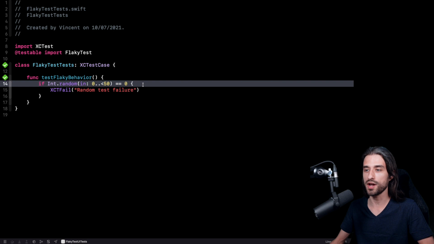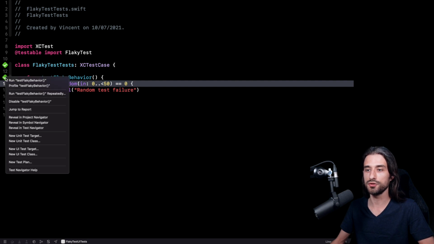And this is where the new Xcode tool comes into play, because as you can imagine, if the only tool I have at my disposal is just to run the test, well, if I want to reproduce an instance where the test failed, maybe I will have to run the test several times, and it's just not going to be something that's manageable. But we now have a new tool. So we can right click on the test, and as you can see, there is a new line called run the test repeatedly. So I'm going to click on it.